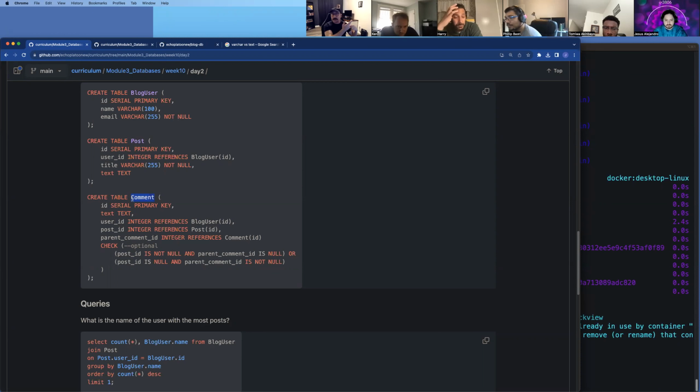It's going to have a post ID. And if it's a comment of a comment, we don't really need the post ID, evidently. We can get that from its parent comment ID, which it will have. So to query that backwards, and I can mirror this out if you guys want me to, if I were to look at a comment of a post and I want to know something about that post,